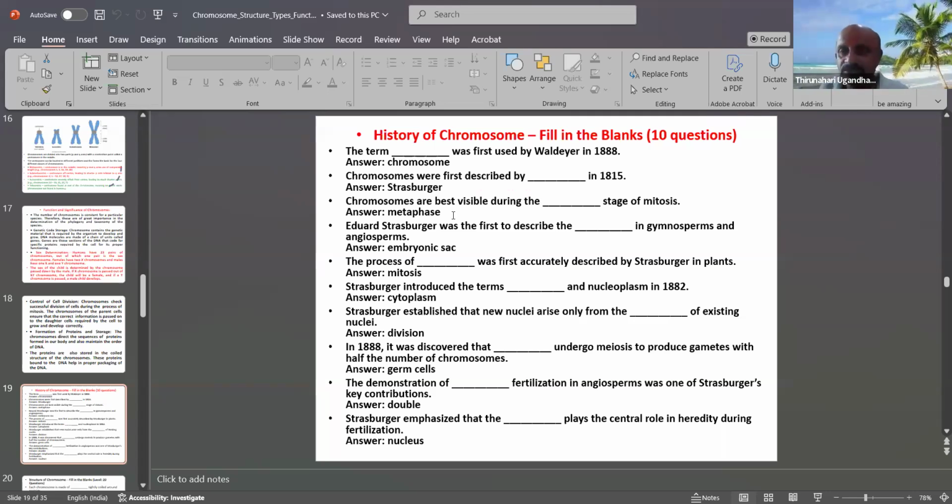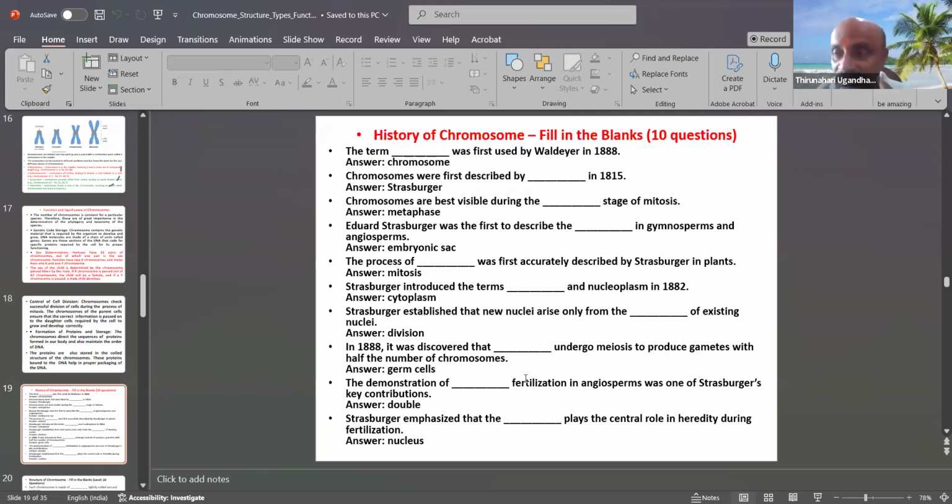What does germ mean? Germ means the male and the female reproductive cells. Here, Strasburger established that new nuclei arise only from existing nuclei. Nuclei division is also called karyokinesis. In 1888, it was discovered that meiosis produces germ cells. The demonstration of fertilization in angiosperms was one of Strasburger's key contributions, double fertilization. Strasburger reported the